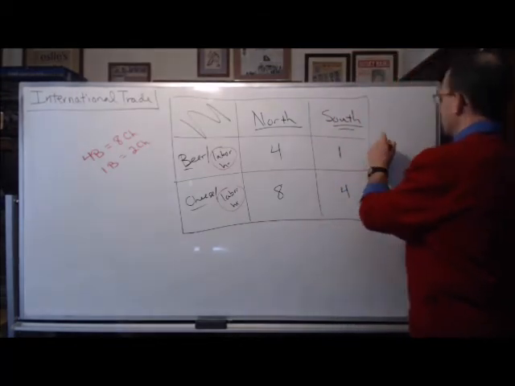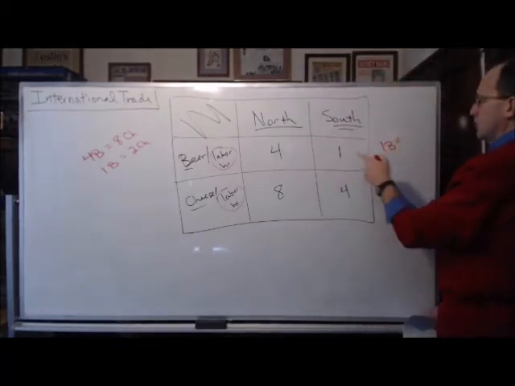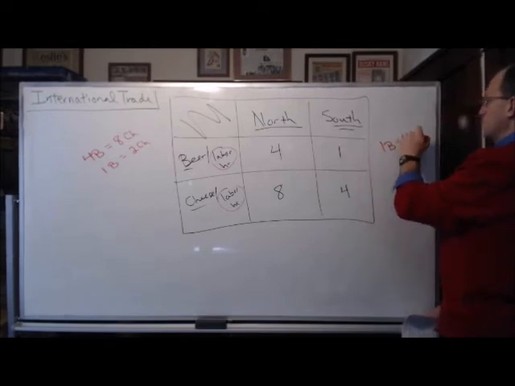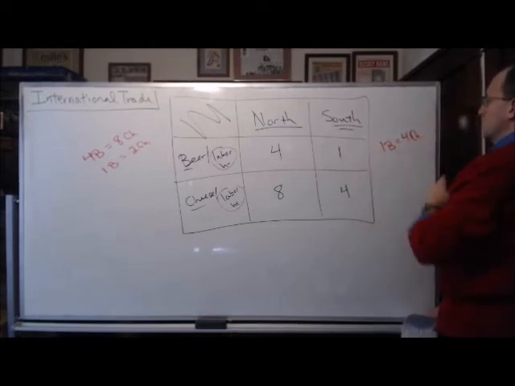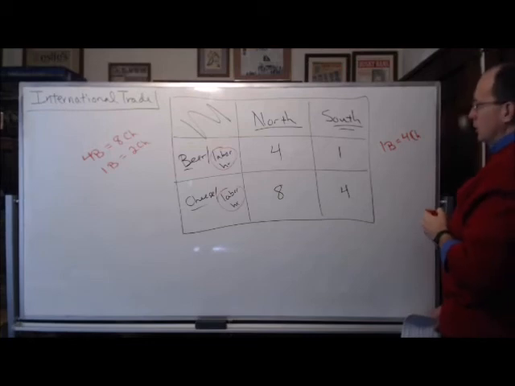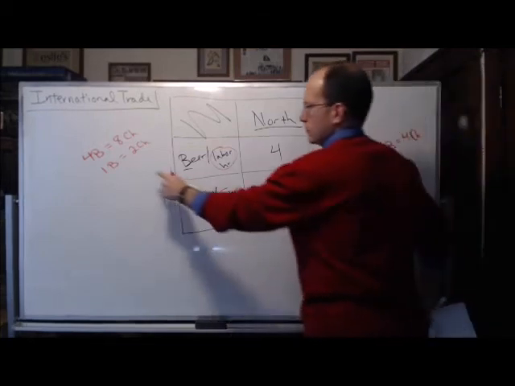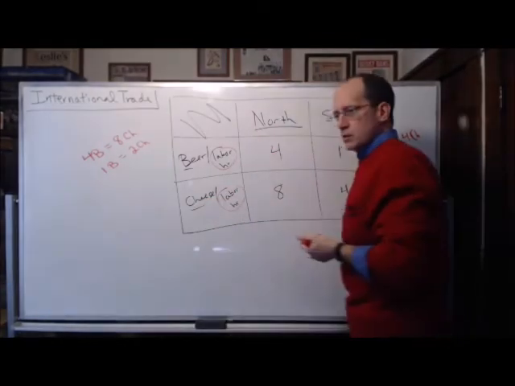What if they make 1 more beer? Well, for the South, 1 beer, they use their labor hour there, means they can't use that labor hour to produce cheese, so they give up 4 cheese. So for the South, a beer is going to cost 4 cheese. That's their opportunity cost. And for the North, the beer is only going to cost 2 cheese.